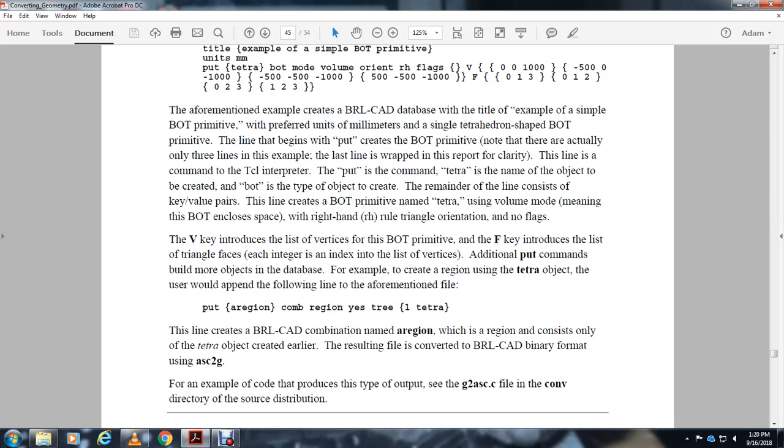This line of combination of the A region with the B region consists only of the tetra object created earlier. The resulting file with the BRL-CAD binary format is ASC2G. For example, the code as the type of the output of the G2A group ASCG file is converted directly with